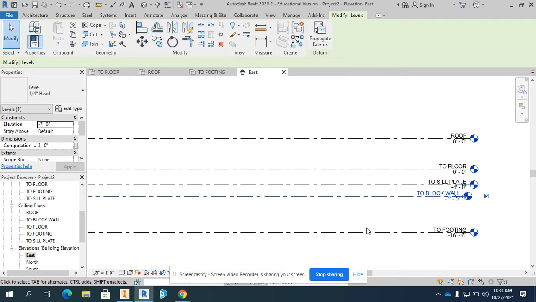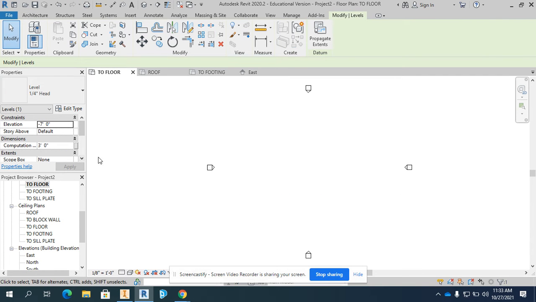I can start from the ground up by drawing the foundation wall and the footing, or I can draw something like the floor or the main walls of the house. So why don't I draw the main level of the house first, top of floor. I select, and I go to architecture,